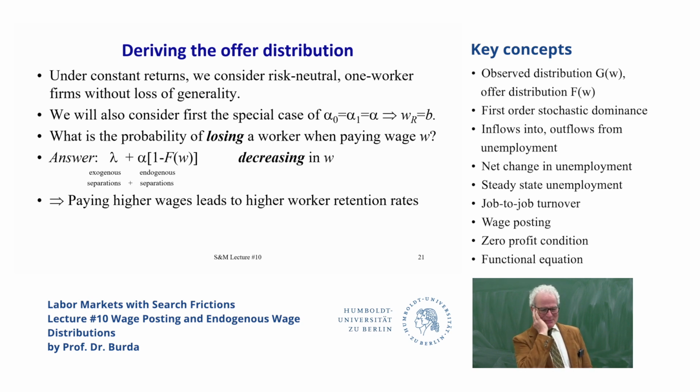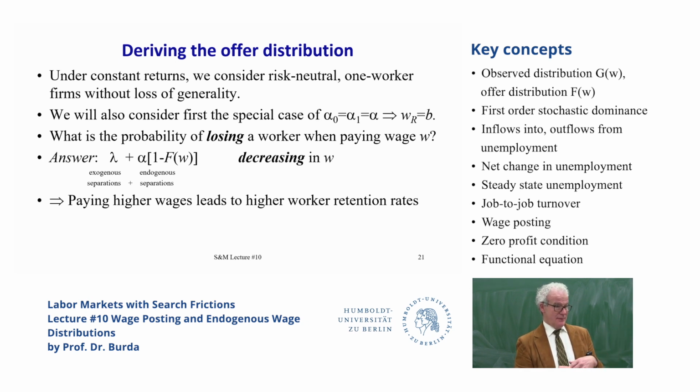Okay, so what's the probability of losing a worker? You're an employer, you're paying this worker W, any W you like. We will actually derive it for every W, but for any W, what is the probability of losing that worker? Well, you need that probability because one minus that will be the probability of having the worker, and then I can produce Y and make profit